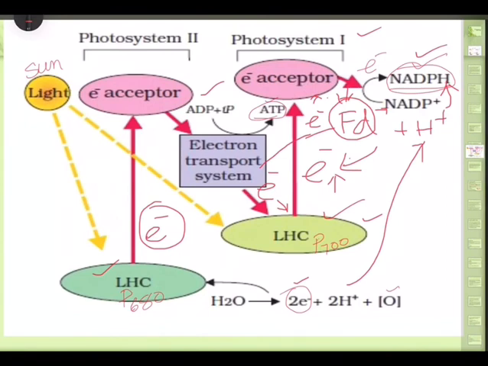Hence there are two systems that take place. That is cyclic photophosphorylation, where PS1 is involved alone, but it has a very good benefit. What is the benefit? NADPH is synthesized. Whereas in non-cyclic photophosphorylation, both photosystem 2 as well as 1 are involved and ATP is synthesized. Hence, the purpose of photophosphorylation is production of energy-rich